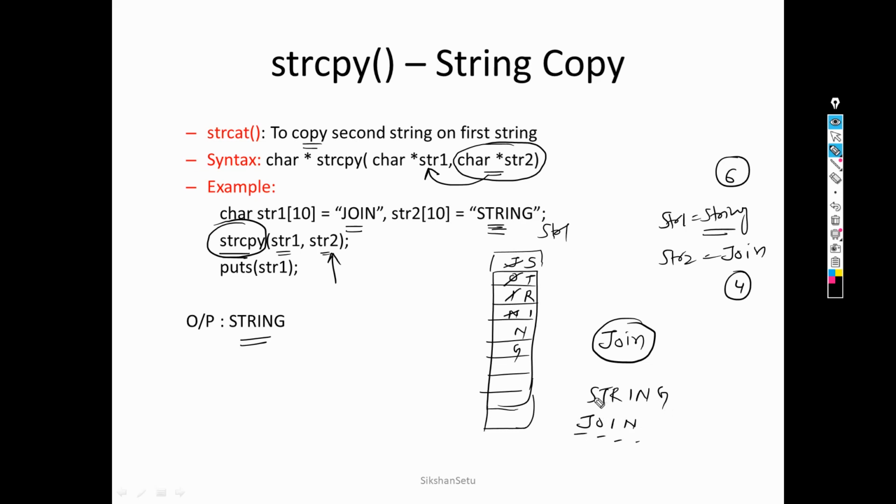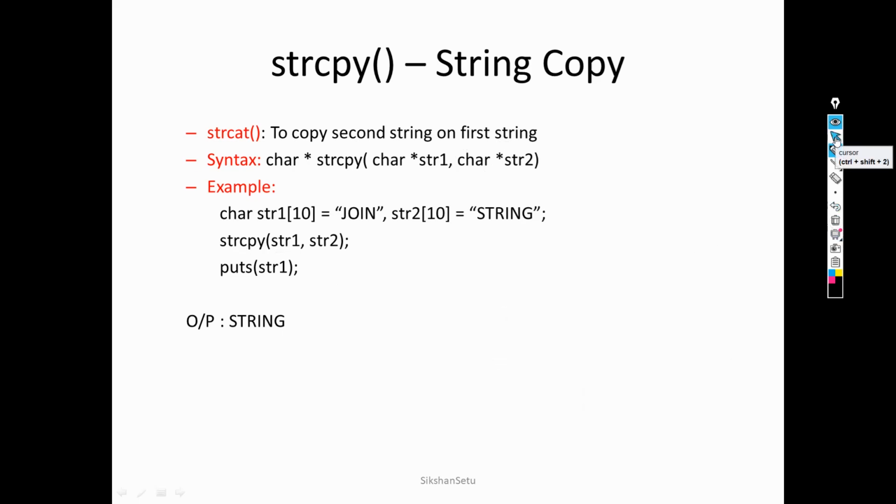Each character will be stored in these positions. But what about n and g? These will become null. So we can say that in strcpy the second string will be copied on the first string regardless of the length of the string. So this is string copy.